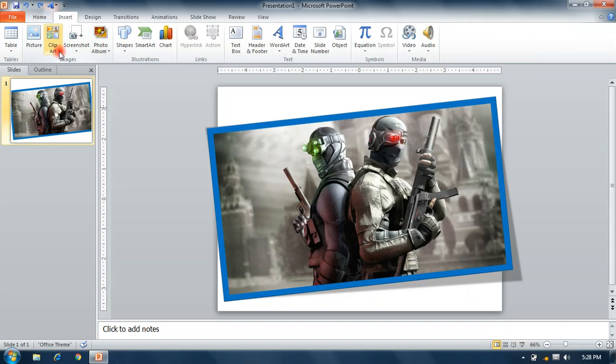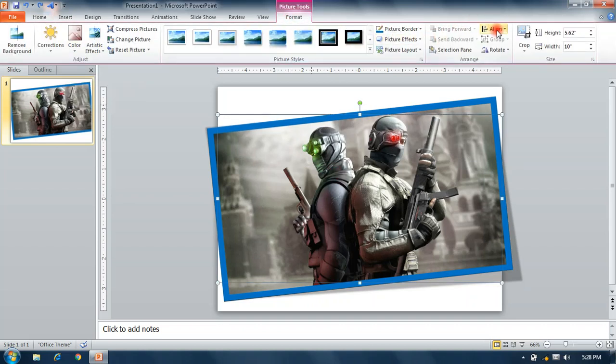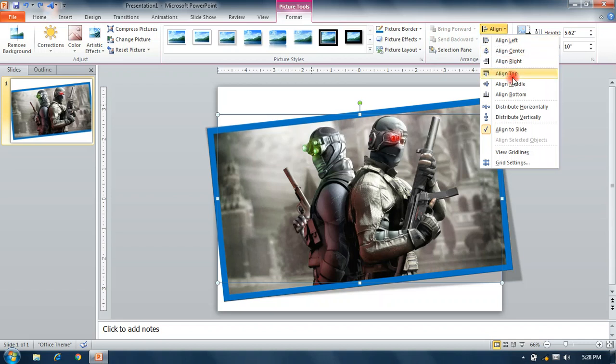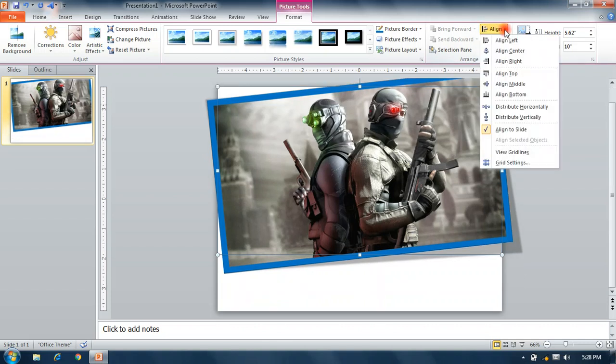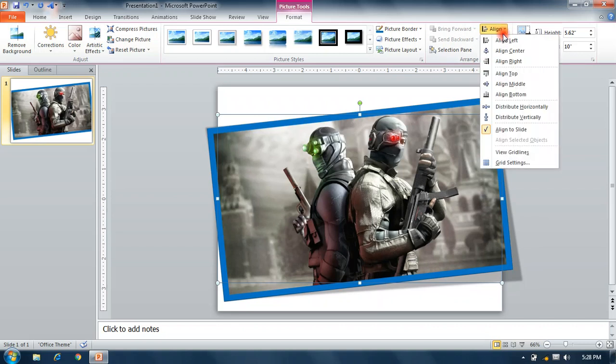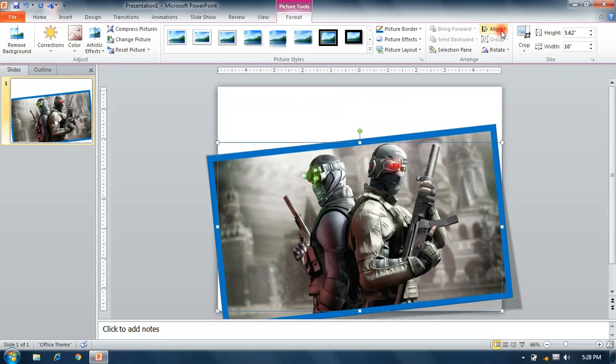Align, it sets your picture aligned left, center, right, top, middle, bottom, as you can see.